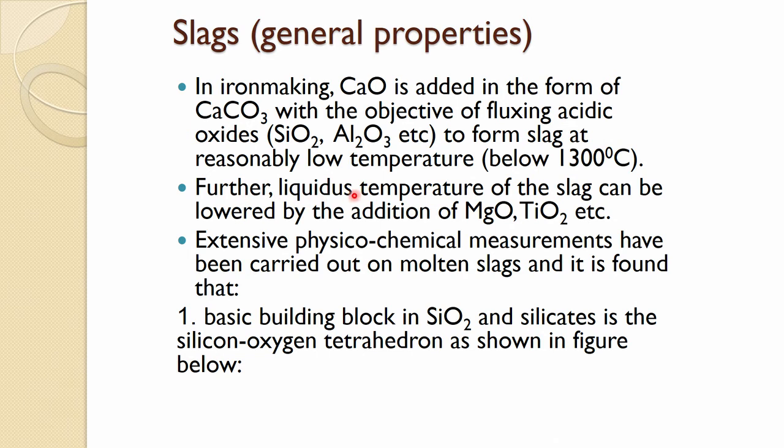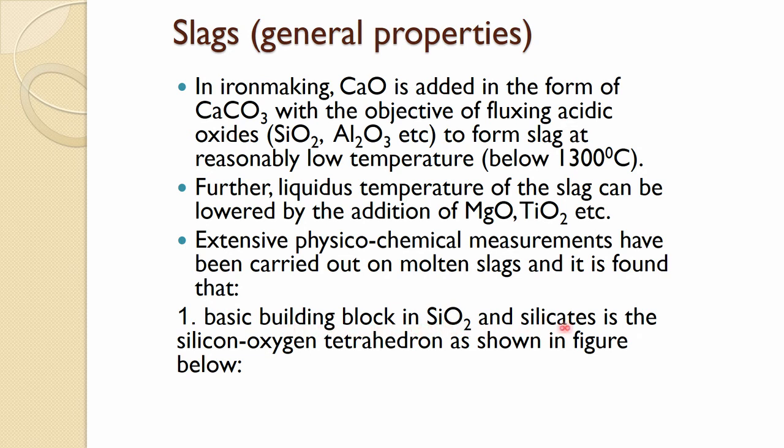Further, the liquidus temperature of the slag can be lowered by the addition of MgO, TiO2 and some other oxides. Extensive physicochemical measurements have been carried out on molten slags,